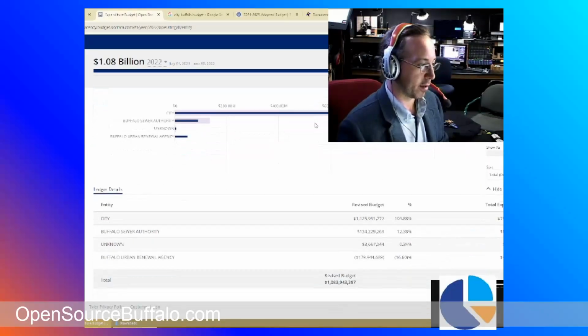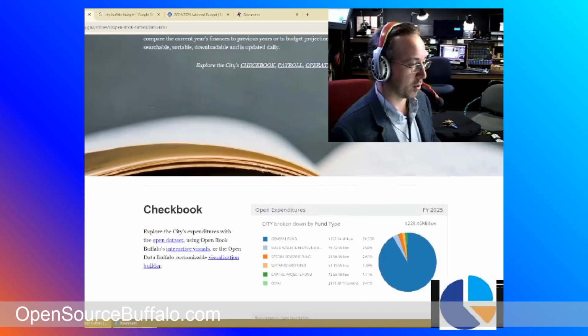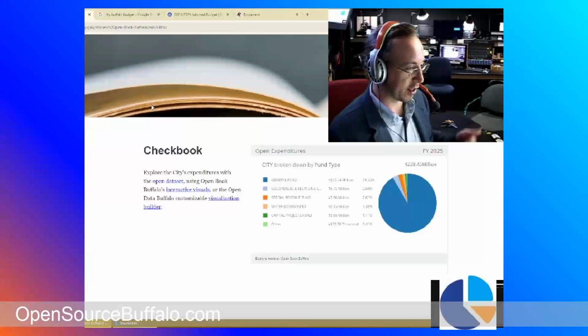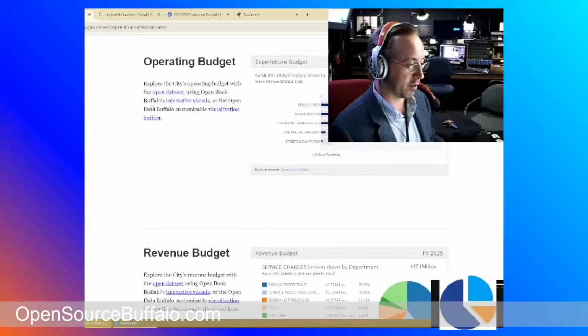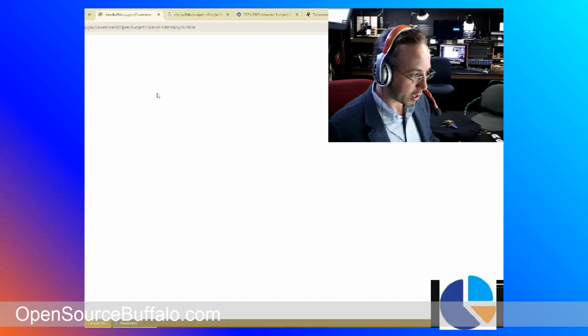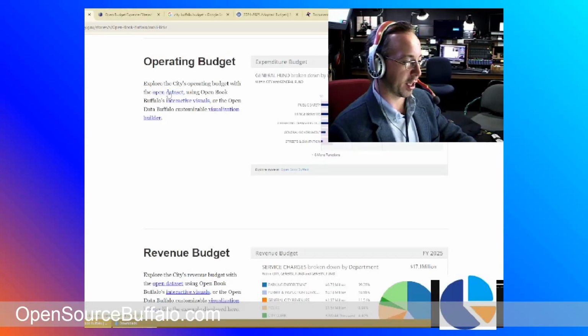And it's okay. For the average Joe or average Jane user, it's fine. But I'm speaking more to the devs and the data geeks here. We can actually find the actual data which lives in these data sets. So if you go to these links and click on these open data sets,